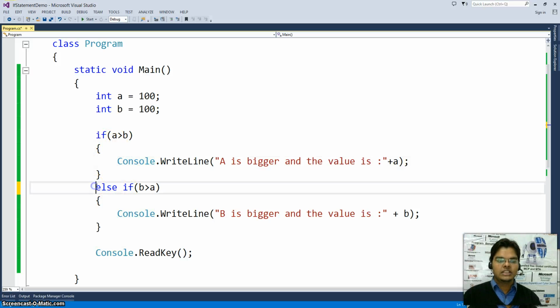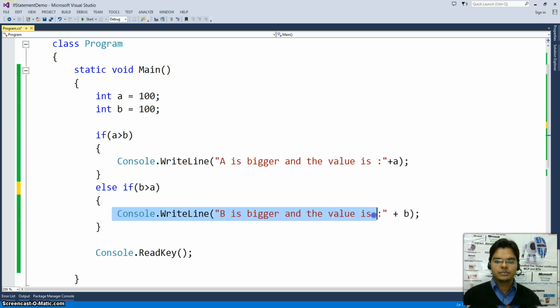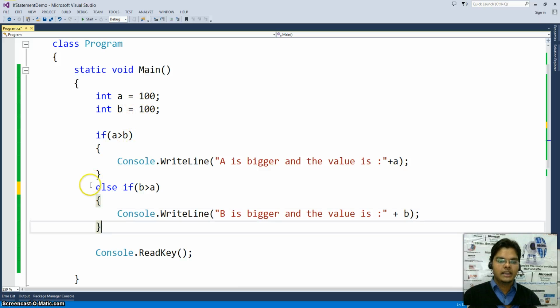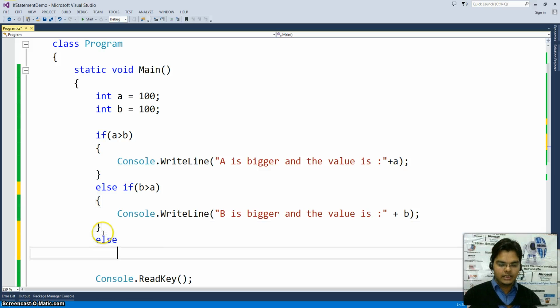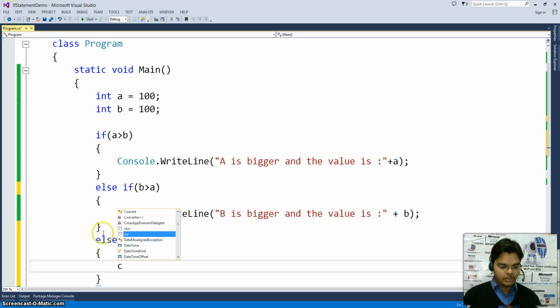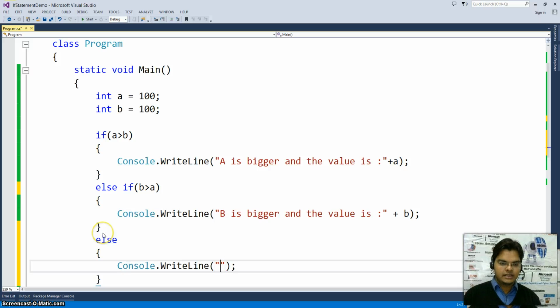So let me come to the else block. The else block says, okay, the compiler will be checking if B is also greater than A, it will come to this particular line and it will be executed, and it says B is bigger and the value is B. But friends, in our program, B is not greater than A, it is equal to. So it will again come out from the else statement, and here I need to write else. I need to write console.writeLine, and inside this